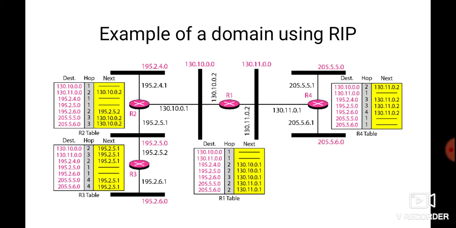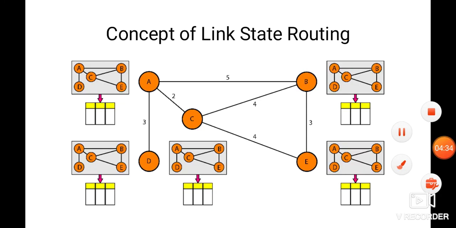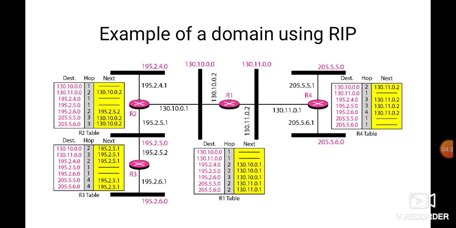So this is the example of a domain using RIP. RIP is nothing but the implementation of the distance vector routing algorithm. It is an intra-domain routing protocol we have already studied. It is a very simple protocol based upon distance vector. So some considerations are there in an autonomous system. We are dealing with routers and networks, and the routers have routing tables and networks don't. So the destination in a routing table is a network, which means the first column defines the network address.